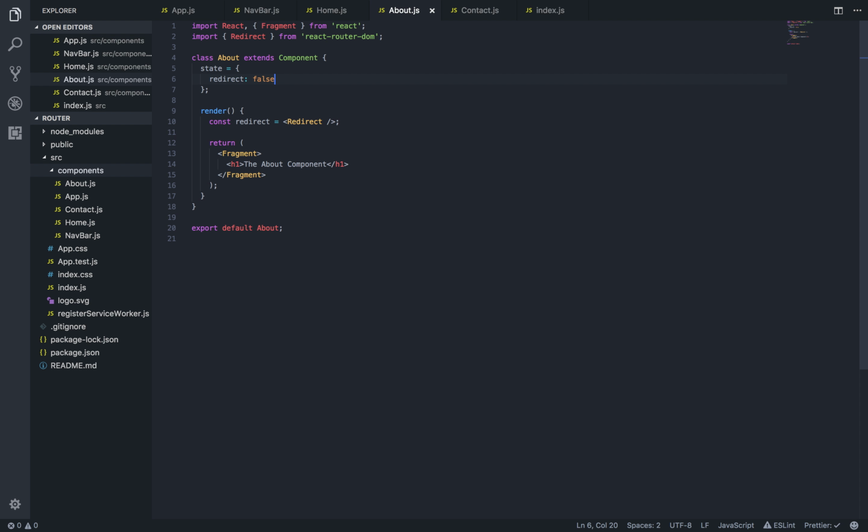Okay, and then hopefully you're familiar with your lifecycle hooks. If you're not, that's okay. Maybe I'll do a video just on the lifecycle methods. There's some really cool stuff you can do with those. But componentDidMount just runs as soon as the component mounts, so as soon as it renders. So componentDidMount,